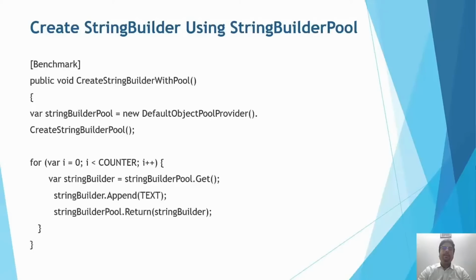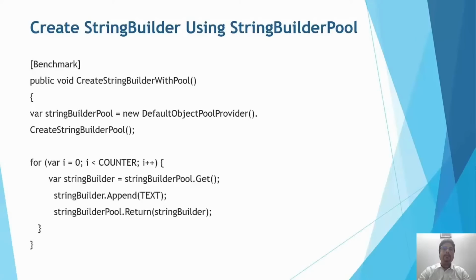Okay, we now come to the next set of benchmark methods. This one is create string builder with pool. Here you can see that we are using the default object pool provider to create a string builder from the pool. So when I make a call to the create string builder pool method of the default object pool provider class,